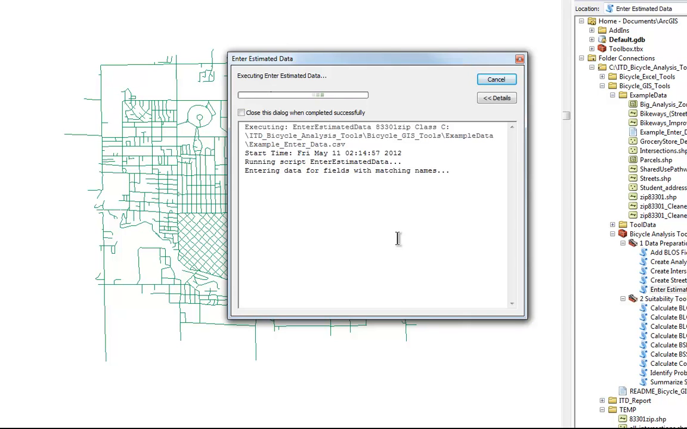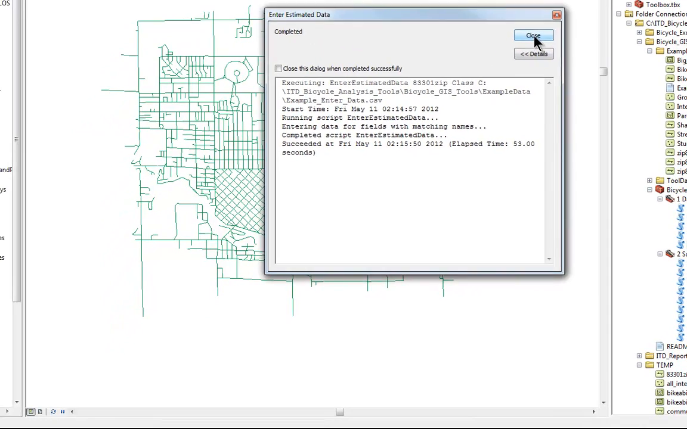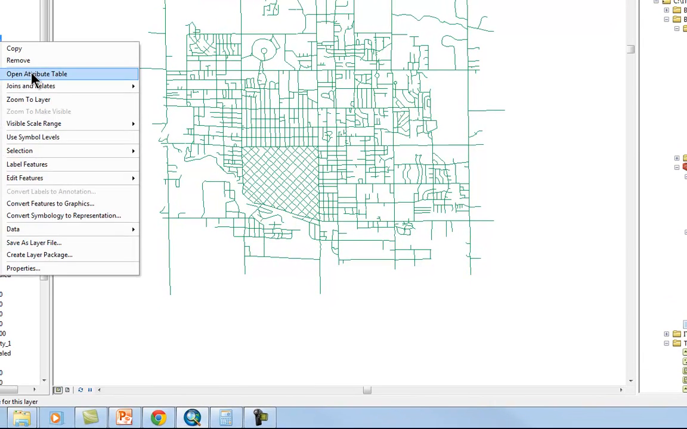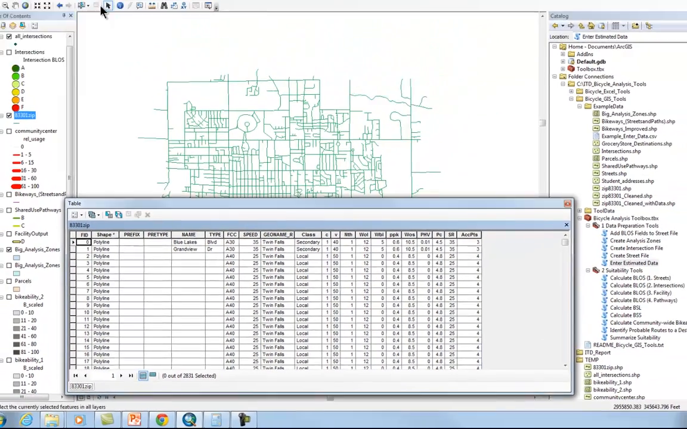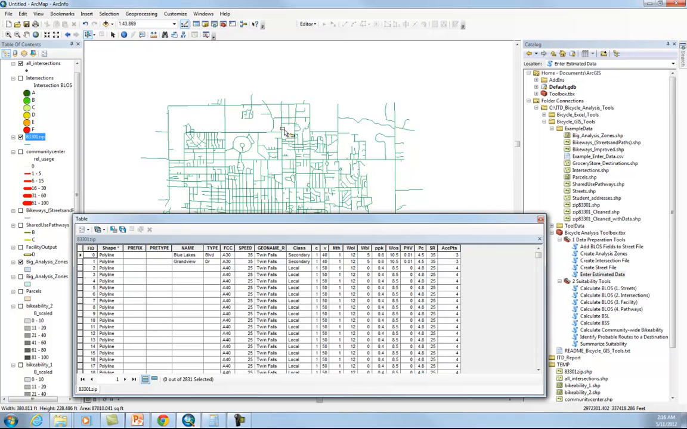And this is just a starting point. We can then go in and go to specific streets that we know have something different happening and change the values for those streets. So now the tool is run, and we are able to look at the data that has been entered. So there it is. It's been entered for each class, and perhaps we know that this section of highway, and I'll highlight that,